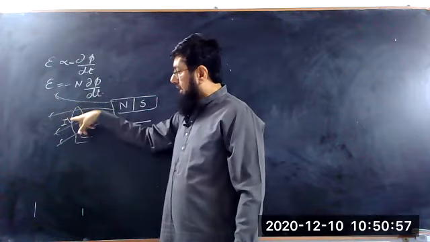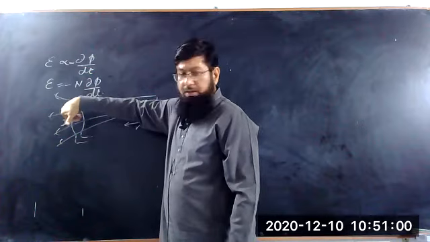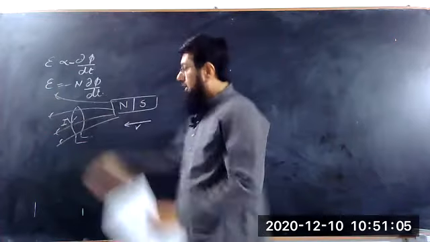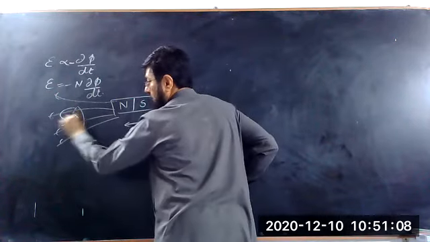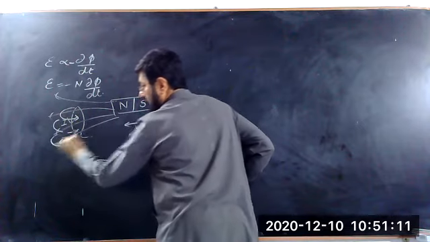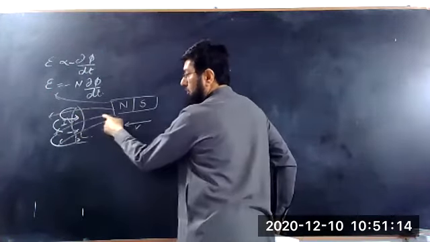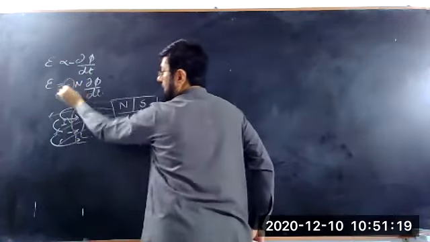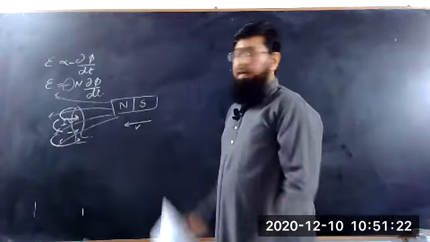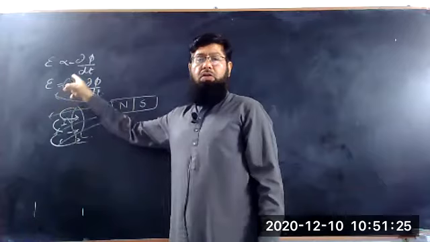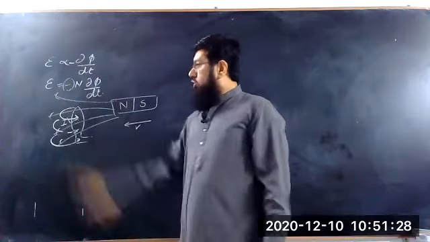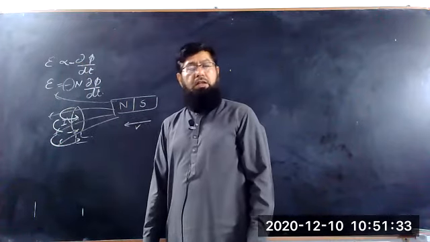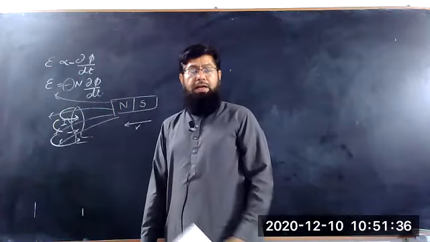So how do we find that magnetic field? Grip the wire in the hand, the thumb pointing in the direction of the current, and the curled fingers indicate the magnetic field. So this is the induced magnetic field. This magnetic field is opposite to the external magnetic field. This opposition is indicated by the negative sign, and it is explained by Lenz, which we call Lenz's law. So the induced EMF will generate its own magnetic field which opposes the cause that is producing it. It is known as Lenz's law.